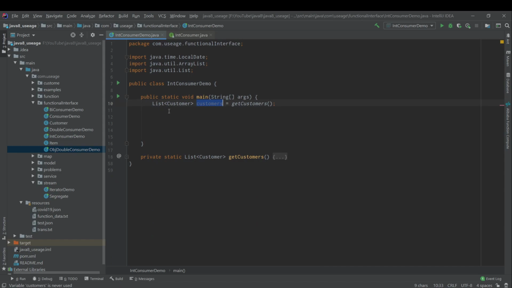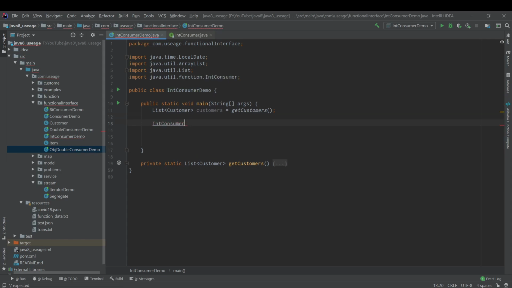I will utilize the IntConsumer, which accepts an integer as a parameter. So I will create an age consumer.